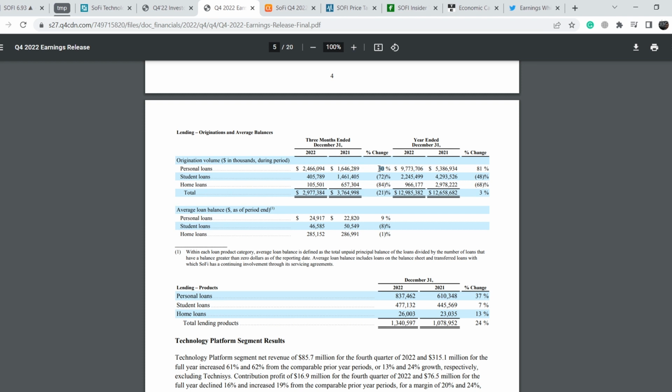So they have a 50% increase on this basis, and on yearly basis, as you can see, they have $9.7 billion in revenue in personal loans compared to $5.3 billion in 2021. And the increase is even more impressive, 81%. And as you can see right here, the student loan share was decreased,